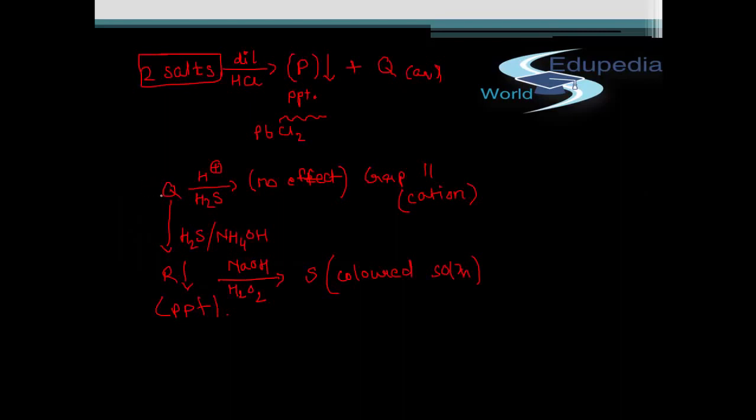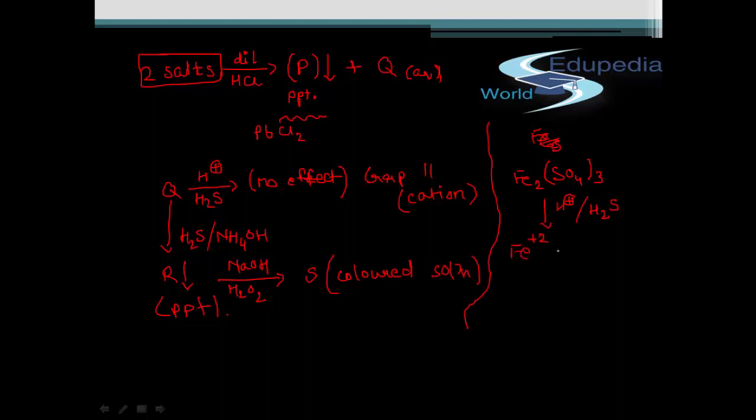Why can't it be ferric sulfate? Because we all know that ferric sulfate in presence of sulfide will form ferrous plus sulfur. So this reaction will have some effect and you will get Fe2+ if you carry out the reaction. Let us consider it over here. Why am I saying it can't be ferric sulfate? Because if ferric sulfate, that is Fe2(SO4)3, is made to react with H+ and H2S, this ferric will be reduced to Fe2+ and sulfide will be oxidized to sulfur, which will be a yellow precipitate. So this reaction will have some effect on ferric sulfate.